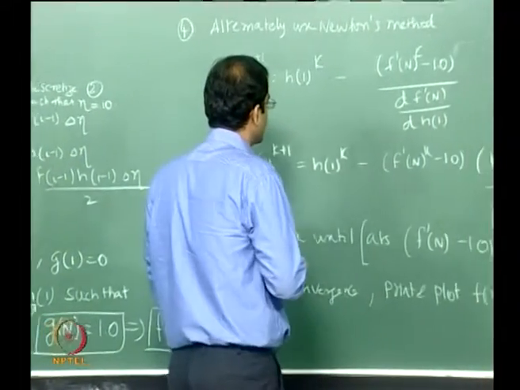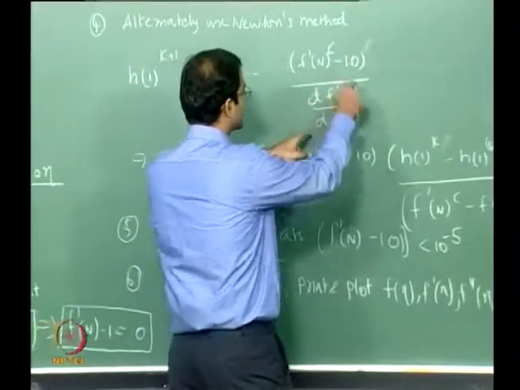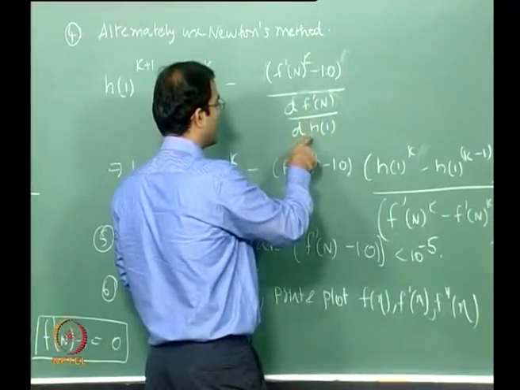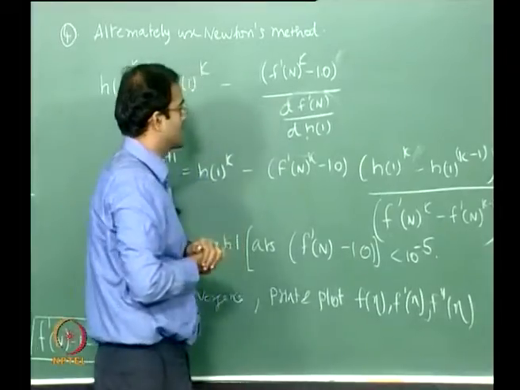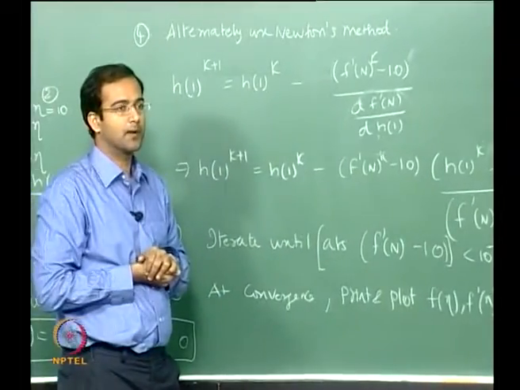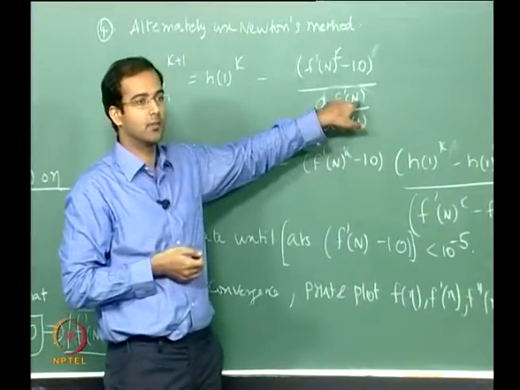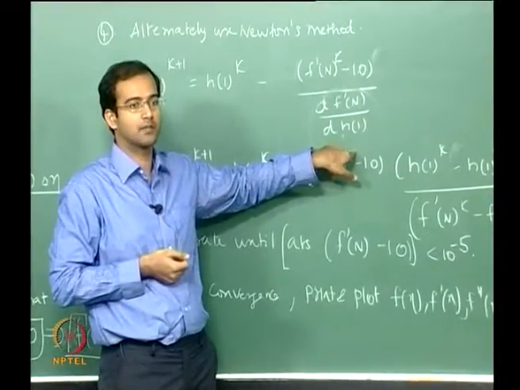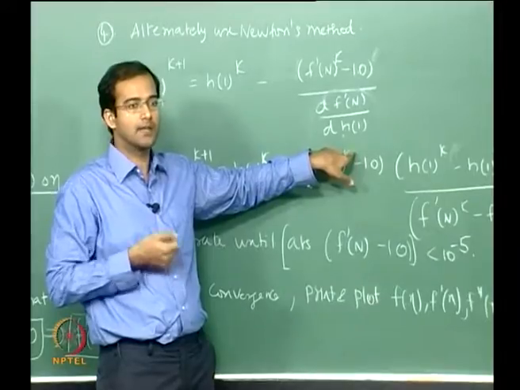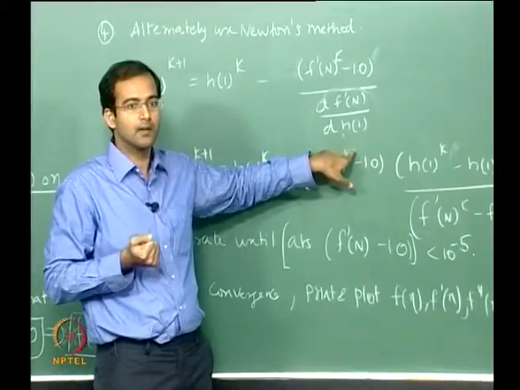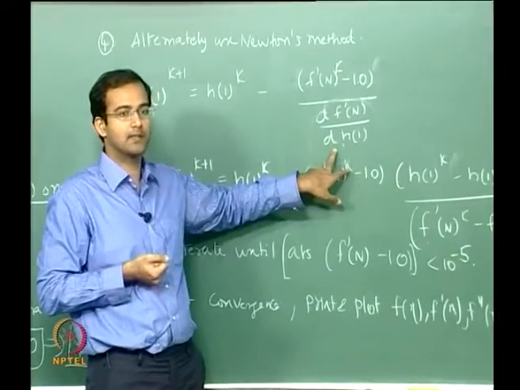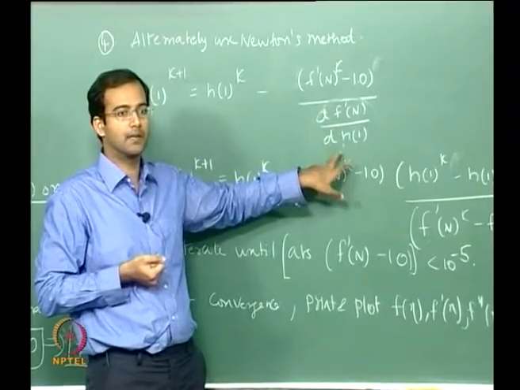Okay, so now if you rewrite this, the thing is, how do we know the slope of f prime with respect to h? So f prime at the nth point for different guesses of h at the first point. So how do you know the slope? Initially you don't know the slope. Okay, so what we have to do is apply a simple finite differencing scheme to calculate the derivative.